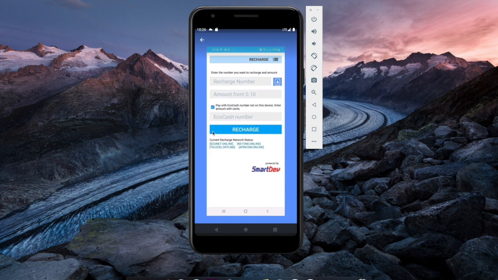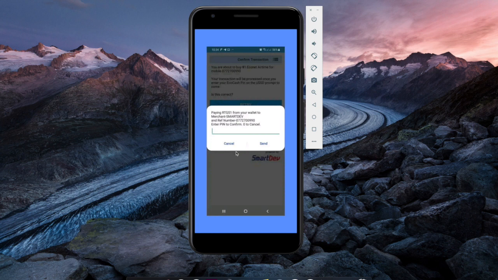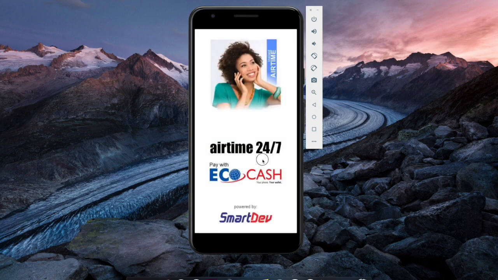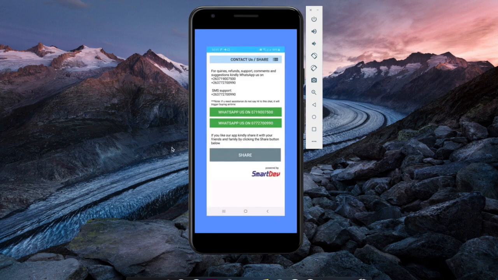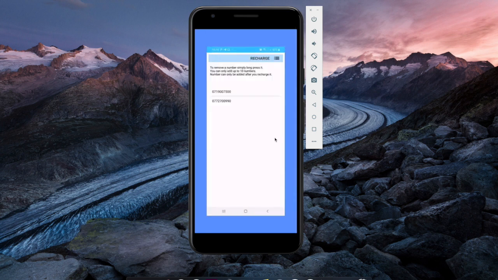I'm assuming most of you actually have this app installed on your mobile devices. If so, do let me know what you think of the app, how happy you are when it comes to using it, and how easy it is. Seems like a very simple app. It's very straightforward, and that's basically it.